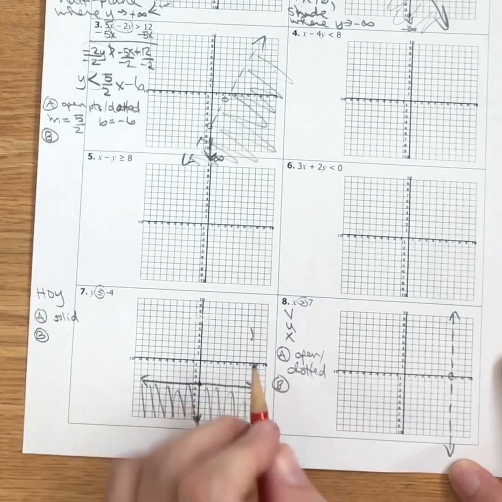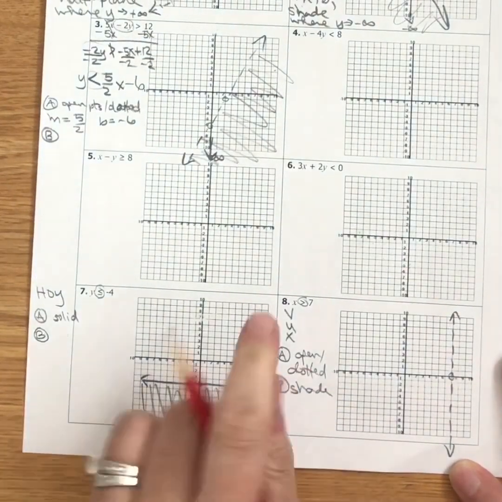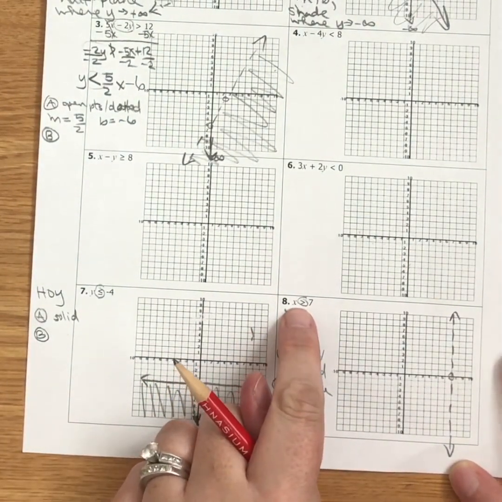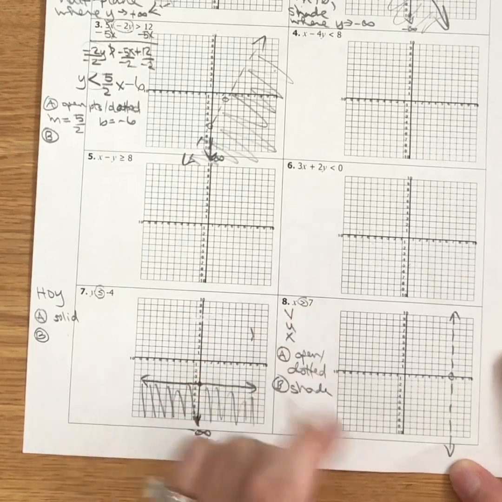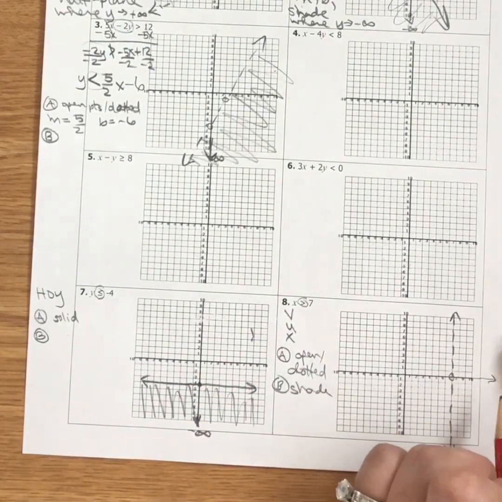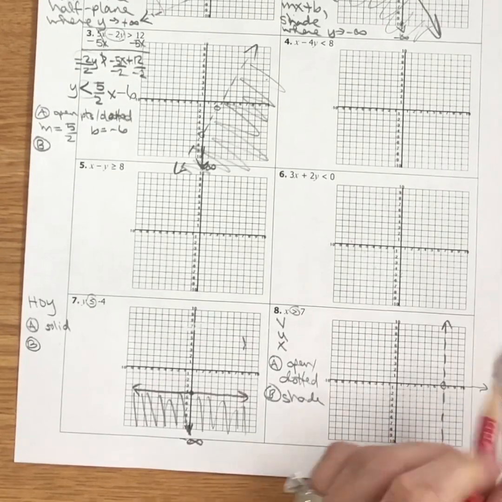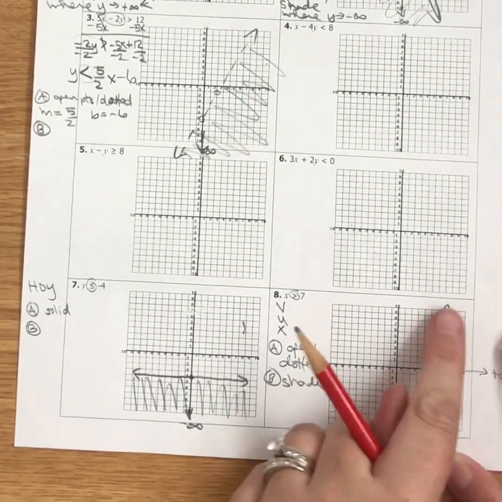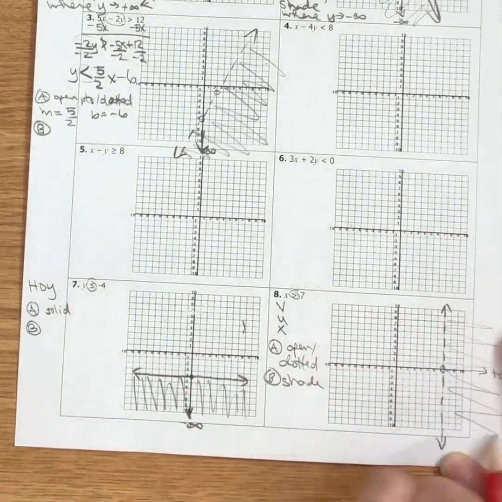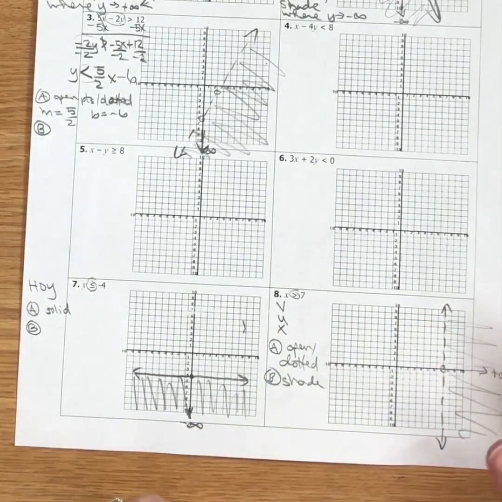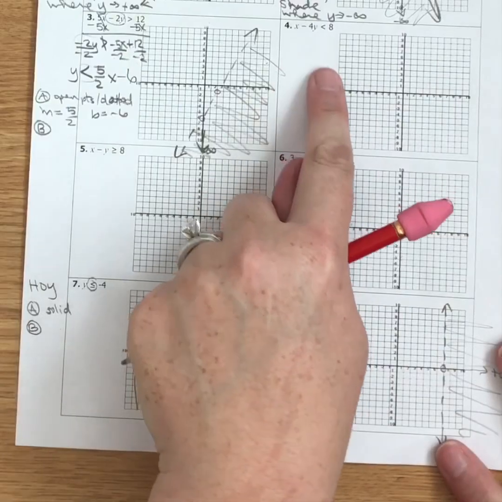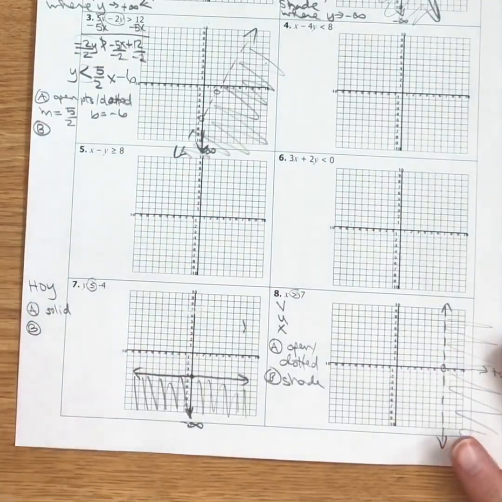Now for part B with the shading, I just have to say, where is x greater than 7? This time I only care about the x, not the y. Doesn't x go to +infinity to the right? So wouldn't everything to the right of this line be greater? So that's where you shade. So go ahead and do 4, 5, and 6, and then check to see if you have the correct